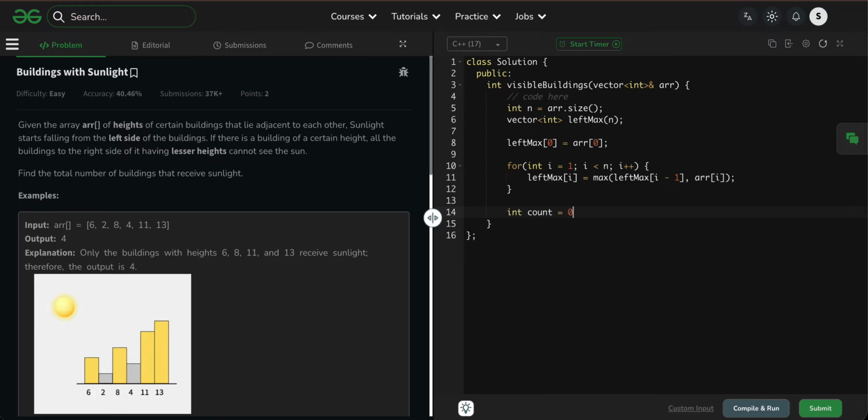int count is equal to 0. First thing is int count is equal to 1. Here what we can do, here I just pre-compute from the left max. Now I just have to for int i is equal to 1 to n, i plus plus, and then if